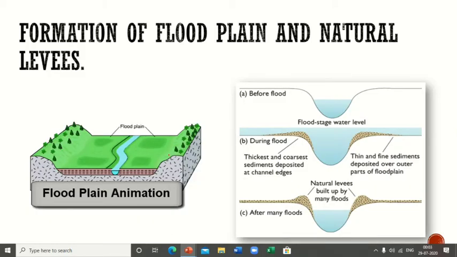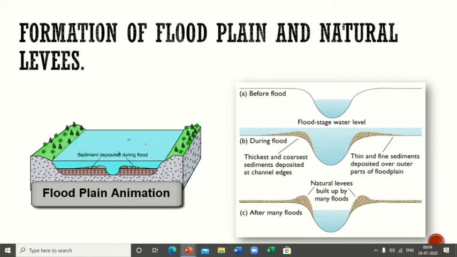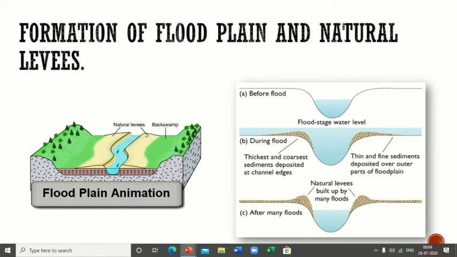Next we are coming to the formation of floodplain or natural levee. See the animation, the formation of floodplain and natural levee. Here we are seeing that the current of the river is slowest at the side and at the bottom because of the retardation due to friction. In the lower course of the river, the slightest slackening of speed at once results in deposition of silt, or you can say sediments, which are accumulated both at the bottom and at the side of the river.